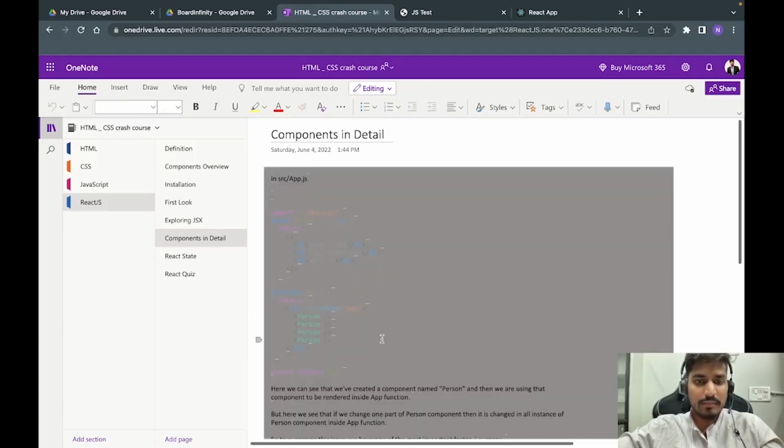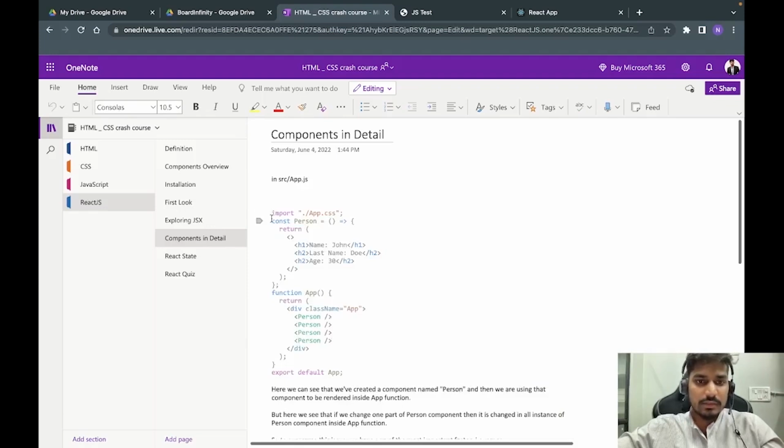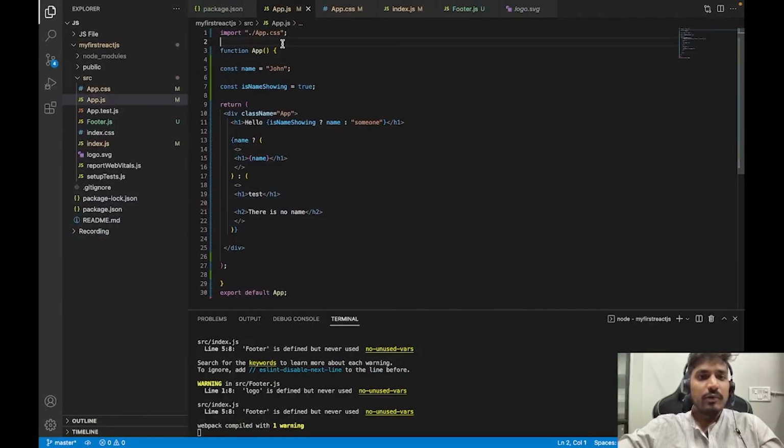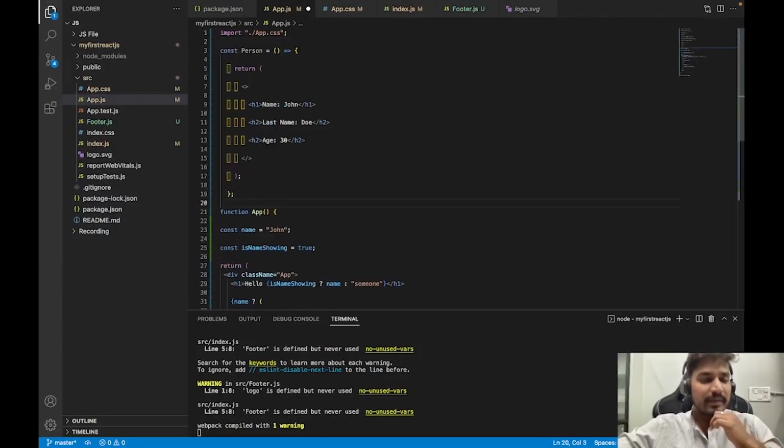Okay, let's just copy this particular segment. And here, before the app, let's create another component. Previously, the other component we created in a new file. This time we will not create it in a new file. We will just create it